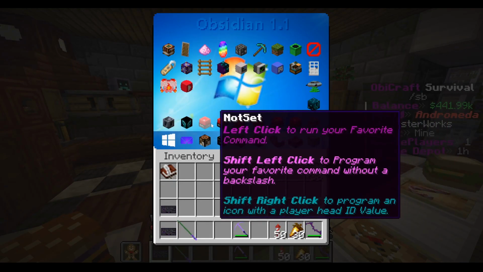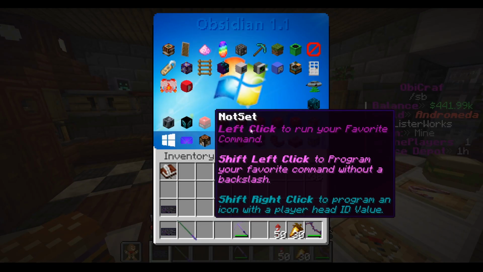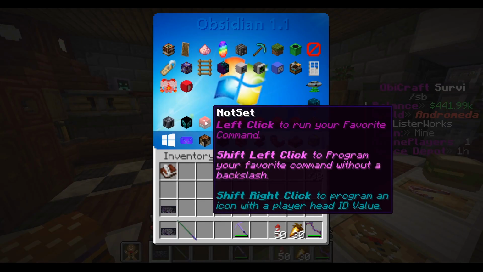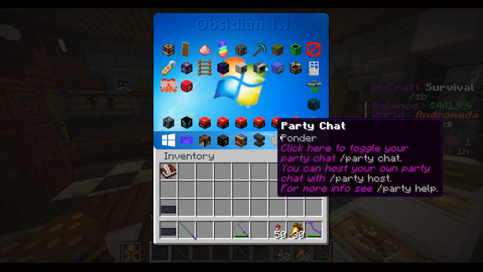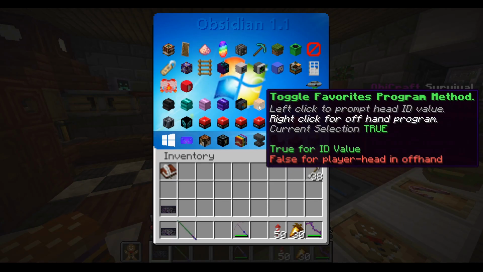And with that, you can program the head and you can program the command. Now, by default, the way you program the head icon here is through either holding the head in your hand, and then it'll program whatever head you're holding. It works with most heads, but not all of them. And the second way that I prefer is through